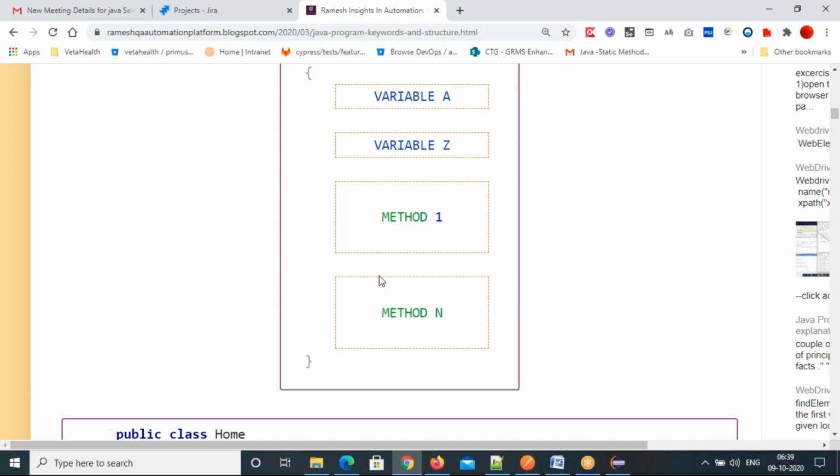Each method's purpose is different. A method will do some actions. It will have some logic inside it. That logic will be executed when you call that method under the main method. So you can create your own methods also.